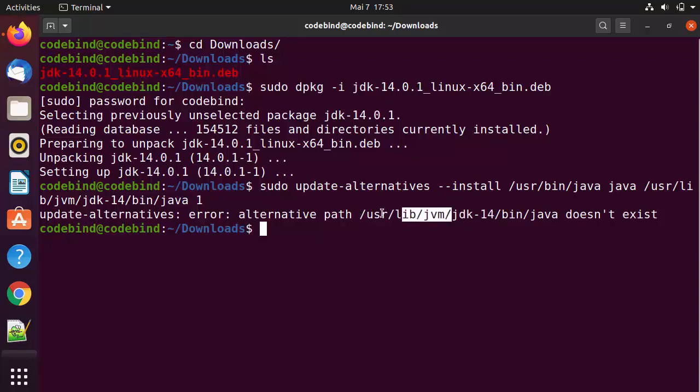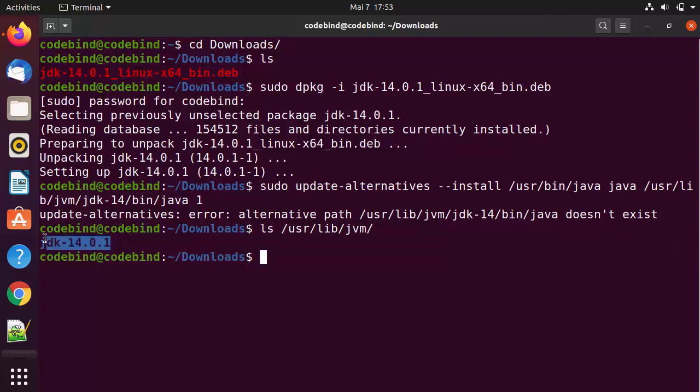So let's see which path exists for the JDK file. I'm going to do ls and then give this path /usr/lib/jvm, which I have copied from here, and the folder name is jdk-14.0.1. So this was the thing I was missing.